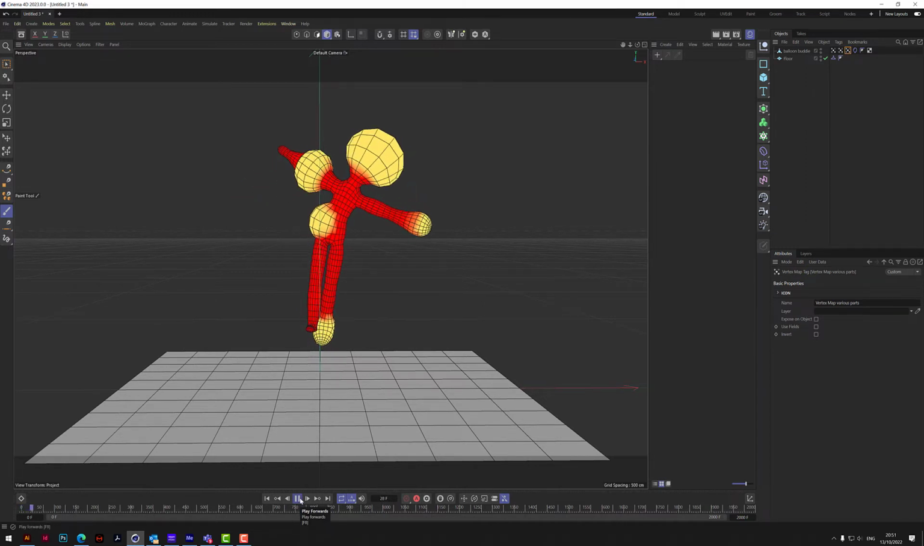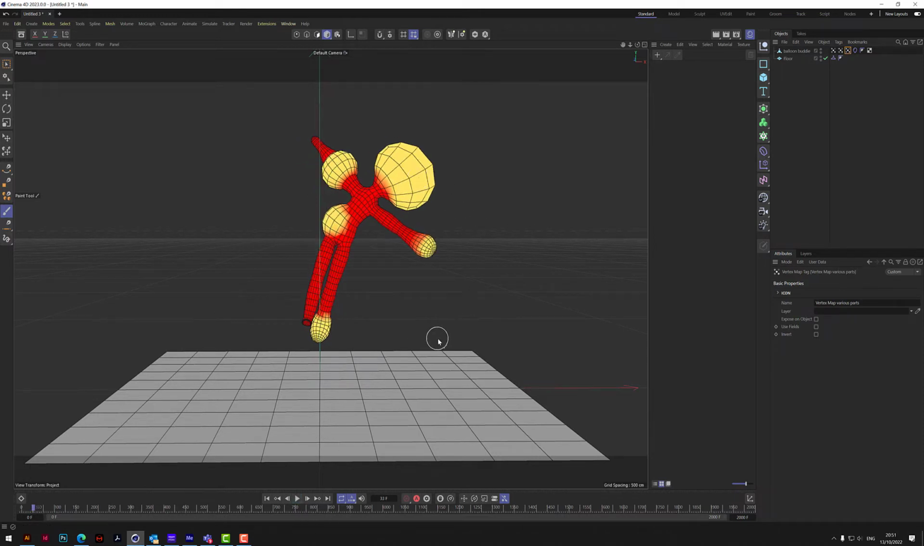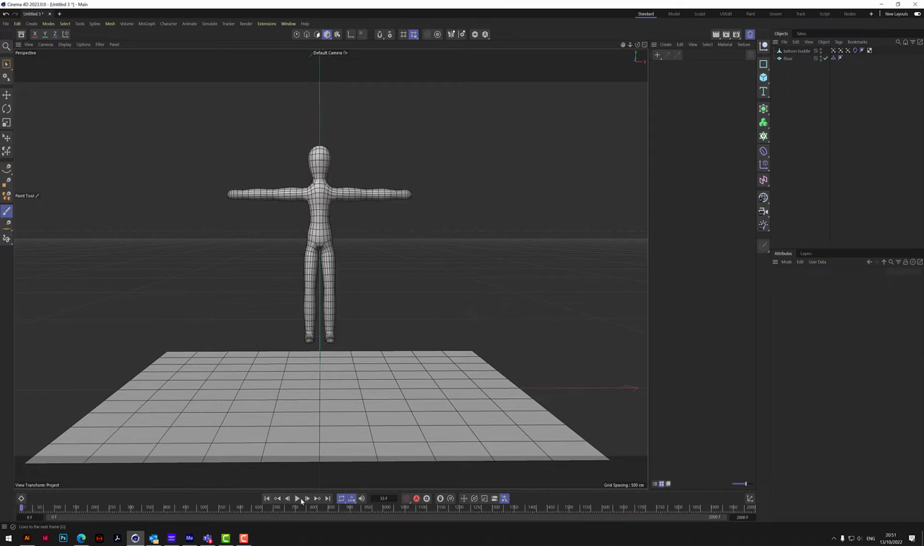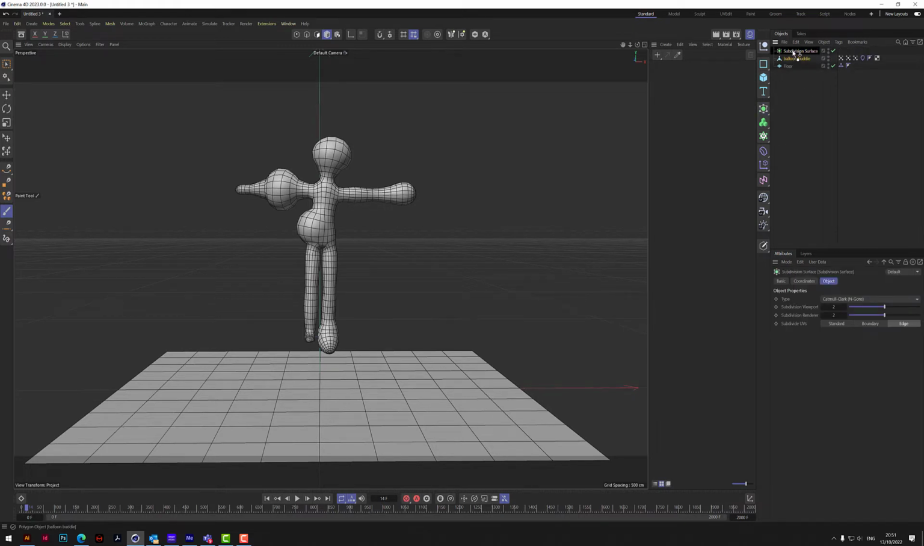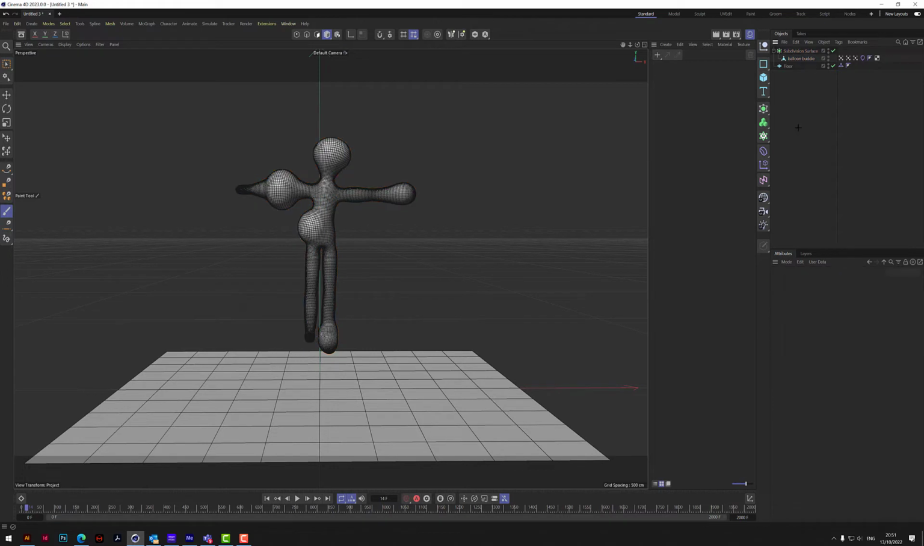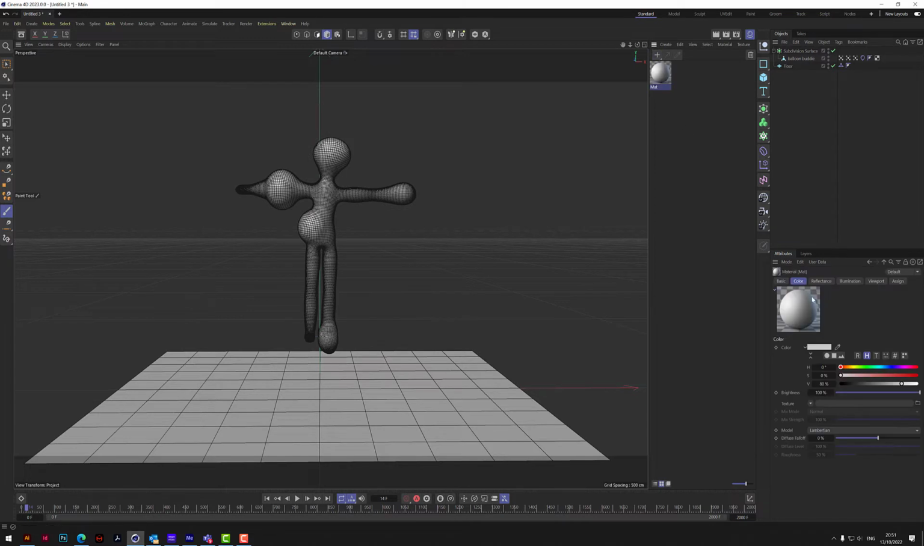And now the head has grown more than the other parts. Okay, so what it is, it's really good, this, isn't it? Let's put this in a subdivision surface. Let's pop it in there. We'll get a little bit more detail, and let's just make a nice